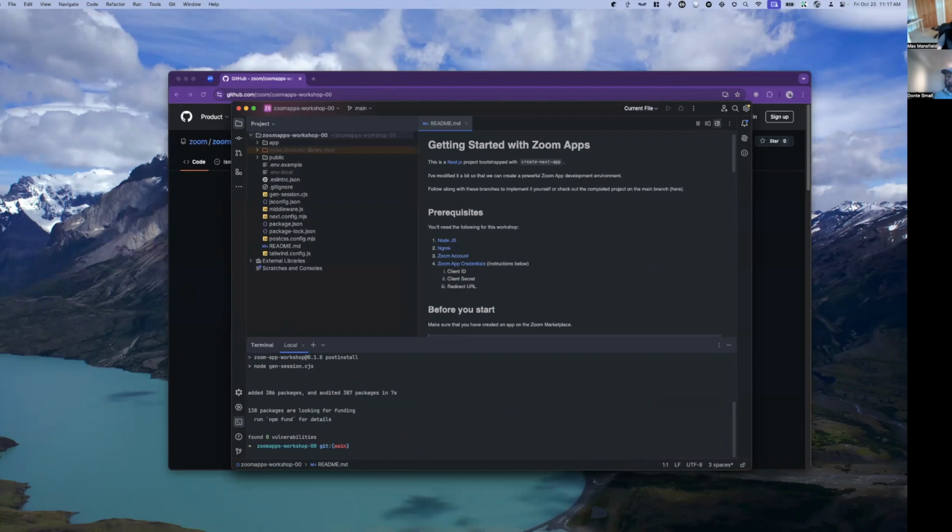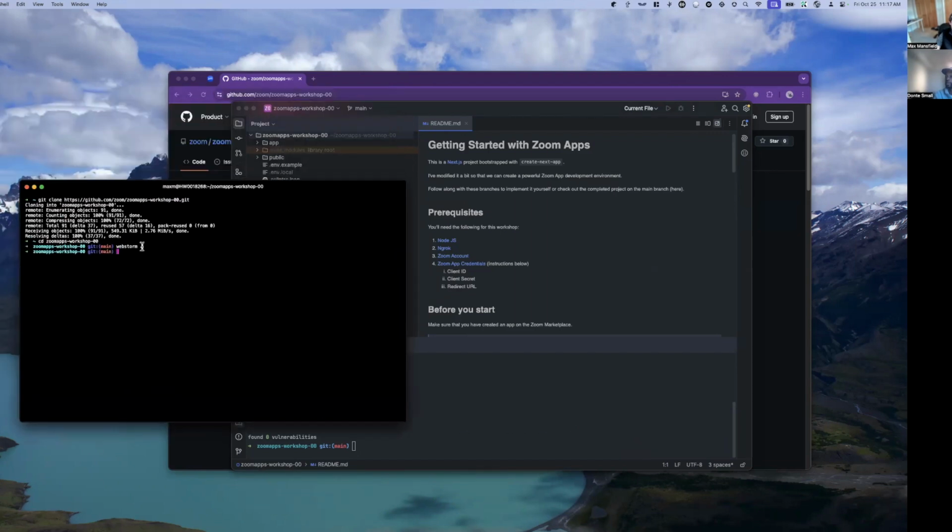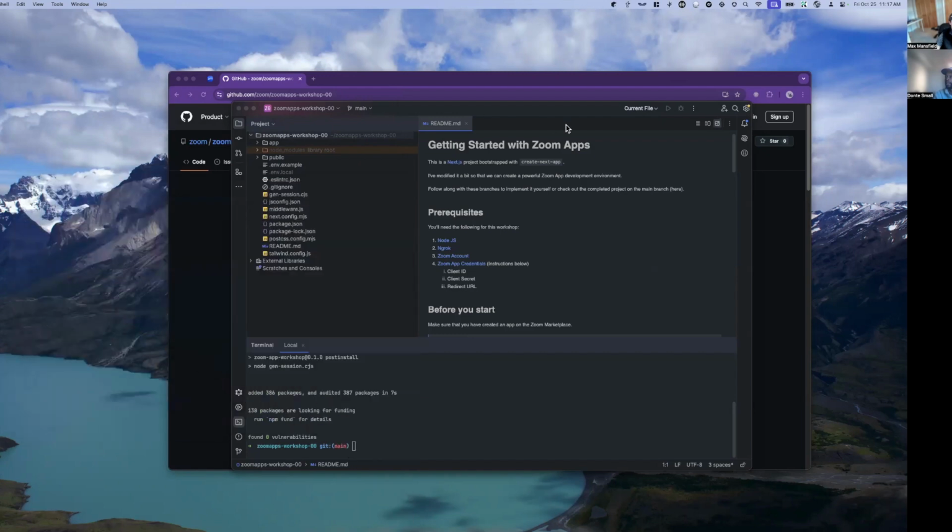I cloned this into take a look at this right here. I did a git clone on that URL from that repository I shared, and then I changed into that folder. So, just as a refresher, this is a simple Next.js app, JavaScript, that is a web application,